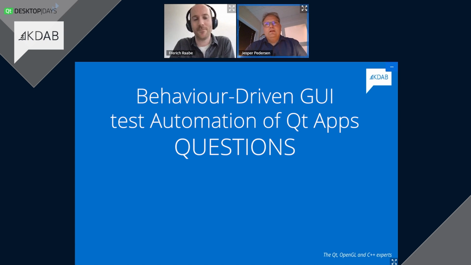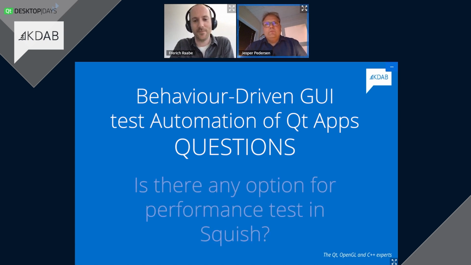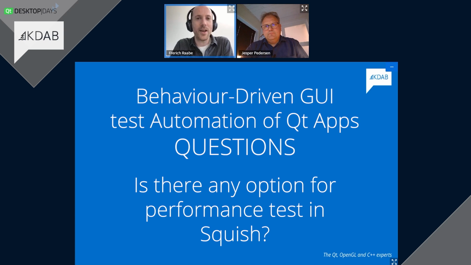Excellent. Let me just see if I've covered them all here. There is one: is there any option for performance tests in Squish? You can do that. Something which is not too uncommon is that, for instance, you want to ensure that, taking the OpenSCAD application as an example, a rendering takes no longer than, let's say, 5 seconds. Or you want to make sure that after logging in, the main window shows within a certain amount of time